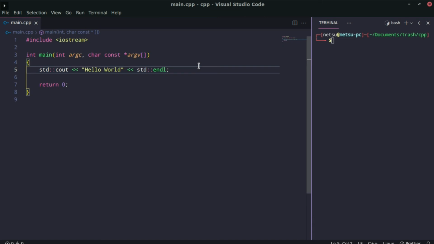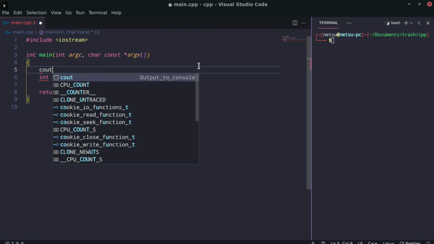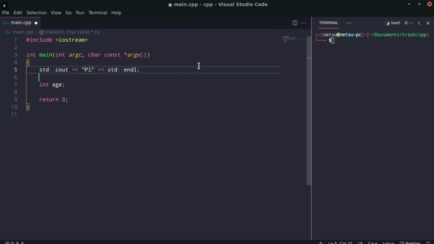So here we have a basic program. I'm going to remove that part there because we didn't need it. We can say int, and maybe let's say the user needs to enter their age. So I'm going to say age here. And here we can just tell the user that they should enter their age. So I'm going to say cout and please enter your age,